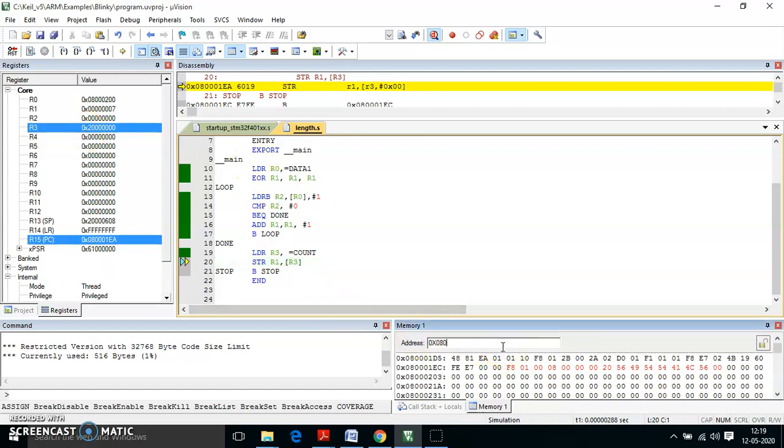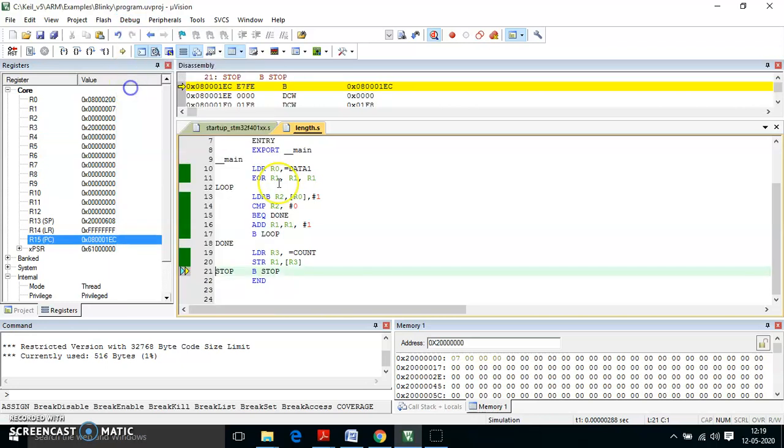0x200. Whatever you have given, 0800001D5, is the input. Now we want the output, which is the characters counted. It has to be loaded in the memory location, given here as 270. Let me type 200 in the memory window. Yes, 6 zeros. Let me execute the instruction. Once I execute this, you get the result as 7 here. It means your R3 is linked to the memory address 2000, which has a value of 7. It means you are not loading R3 with 7, but R3 is linked with the memory address of the label count, that is 200, which will have a value